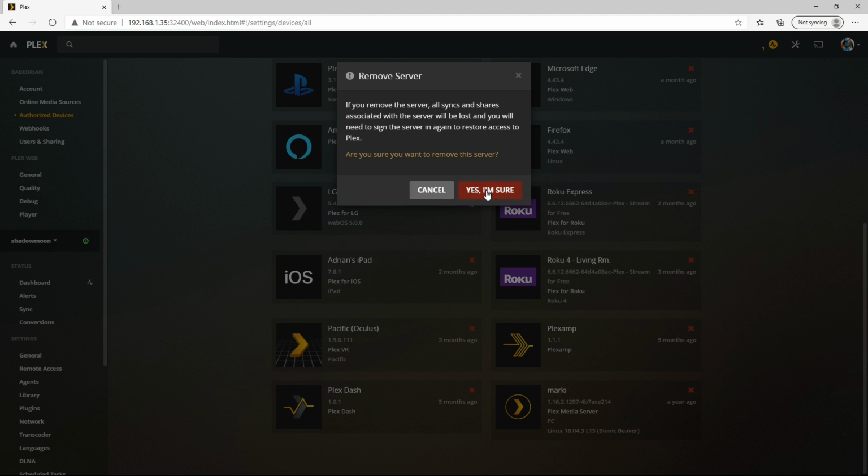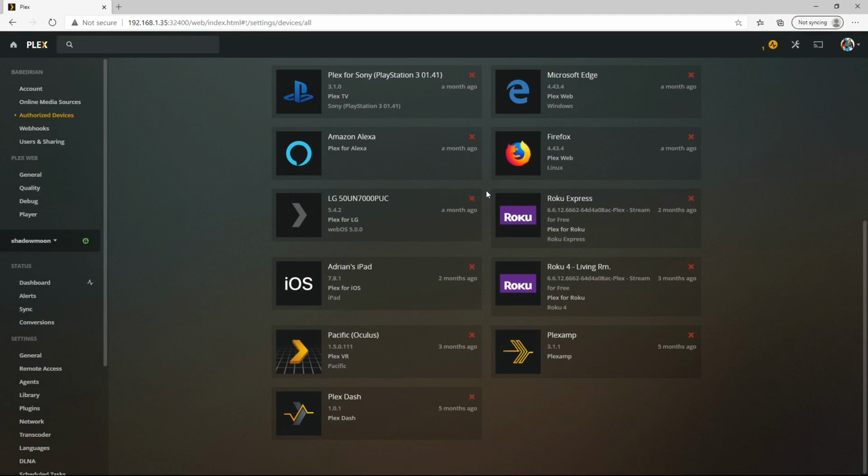It is now removed from the list here. And you no longer have to worry about that server having access to the media or being able to sync to the media